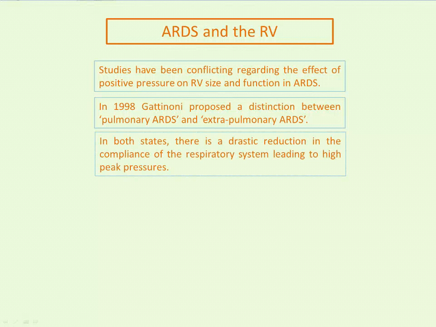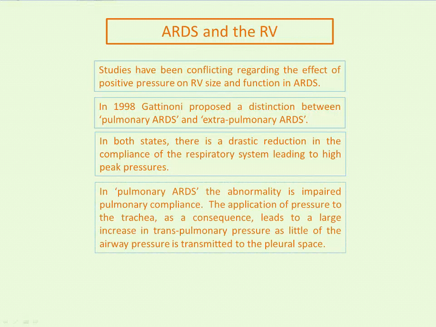In both states, there's a drastic reduction in the compliance of the respiratory system, so you see high peak and plateau pressures. But what was interesting in that paper is they found that in pulmonary ARDS, the abnormality of the impaired respiratory system compliance was almost entirely from poor pulmonary compliance. And in these patients, the histopathology was largely consolidation. And because of the poor pulmonary compliance, application of ventilatory pressures led to a large increase in the